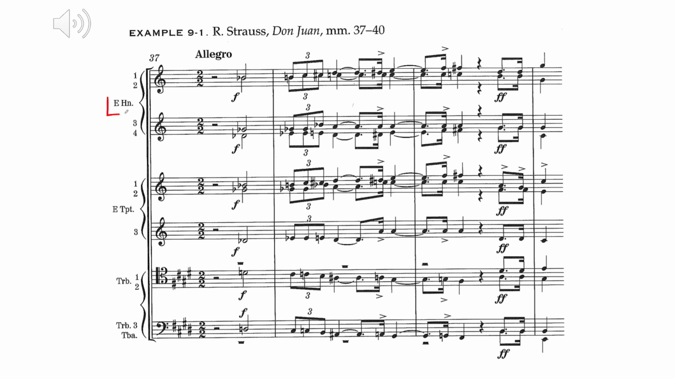We have 4 horns in E. They will sound a minor sixth down. And then we have 3 trumpets in E. They will sound a major third up. We have 3 trombones